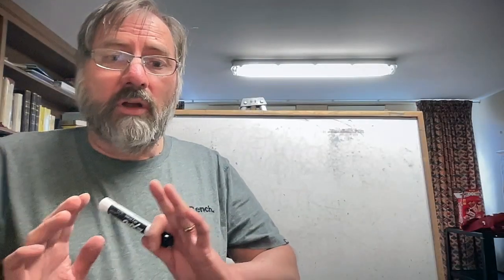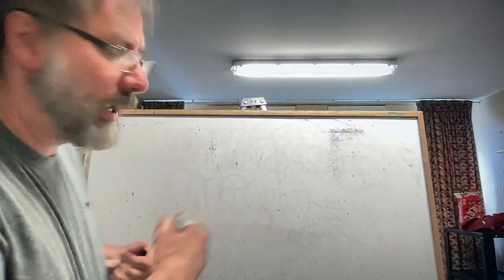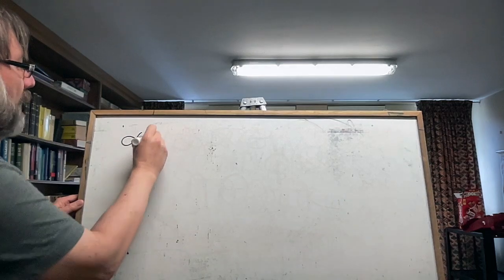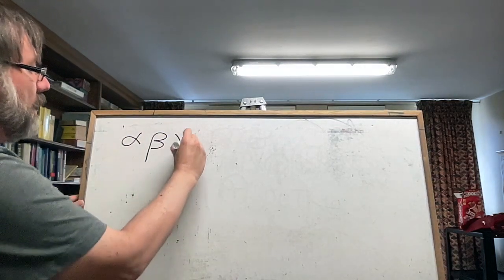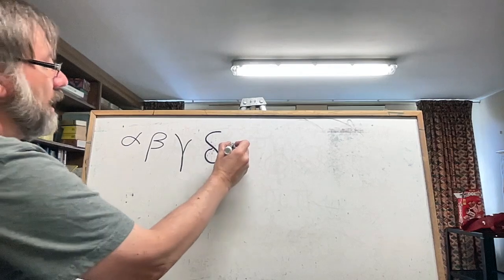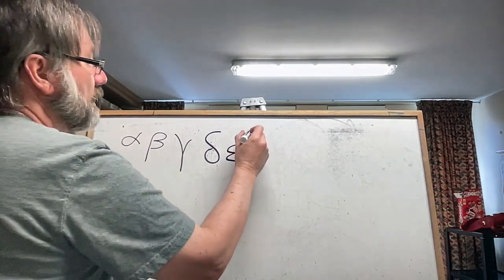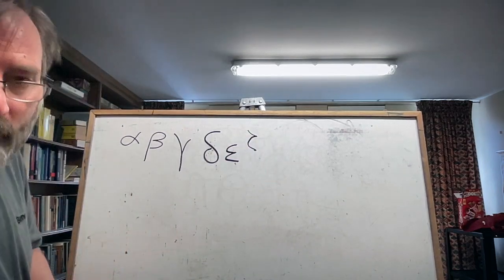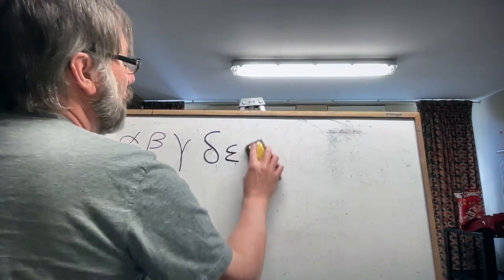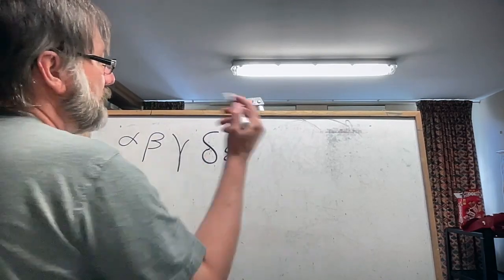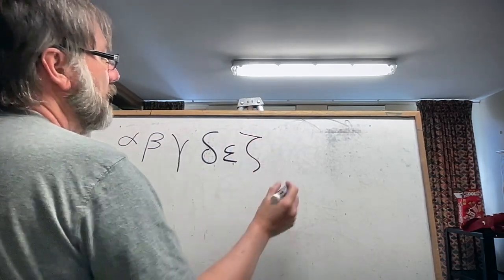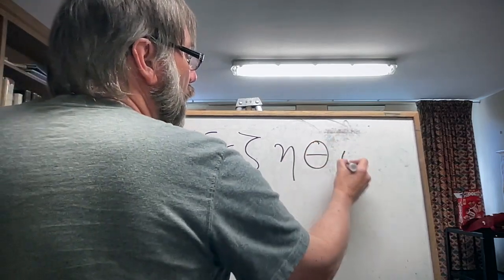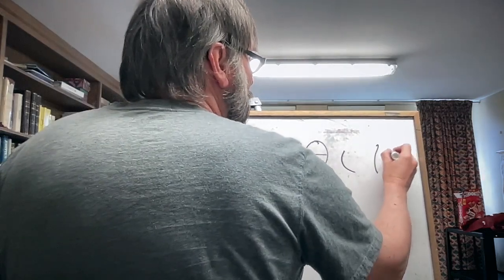Okay, so let's go over all the letters one more time, the full alphabet. Alpha, beta, gamma, delta, epsilon, zeta, sorry. I want to start my zeta again. I always make that mistake. So zeta, eta, theta, iota, kappa,